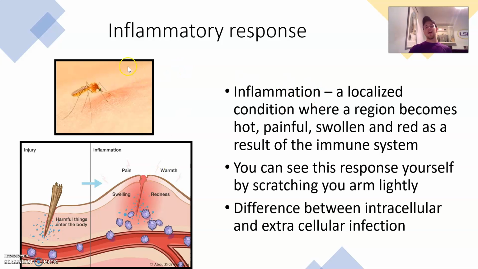So what happens is that you have a bug bite, right? What it does is it perforates the skin. You can picture this as a little spiky thing on the mosquito. And when it gets inside of you, it releases all this harmful stuff, like bacteria, viruses, all kinds of stuff that are on these mosquitoes, and it causes this damage, right? And so what your cells do, and this is caused by your immune system, is that it causes all of these